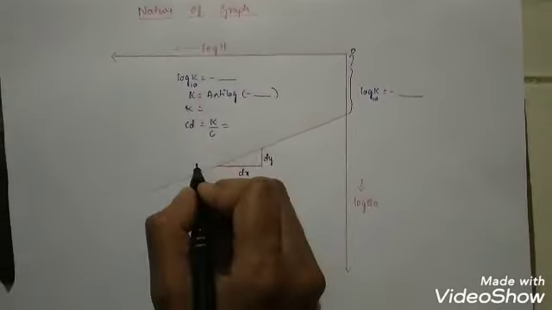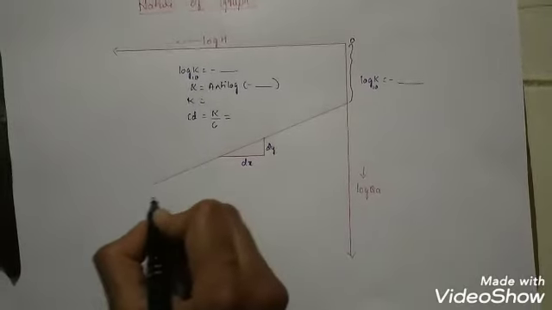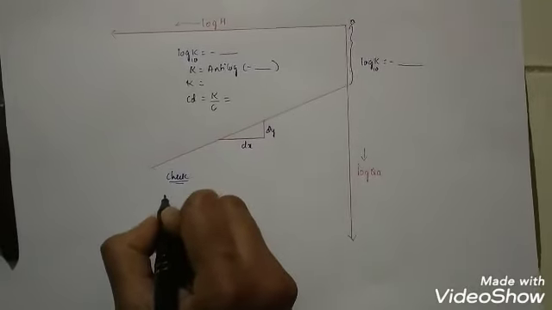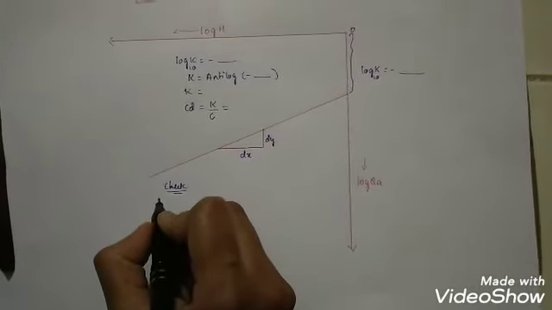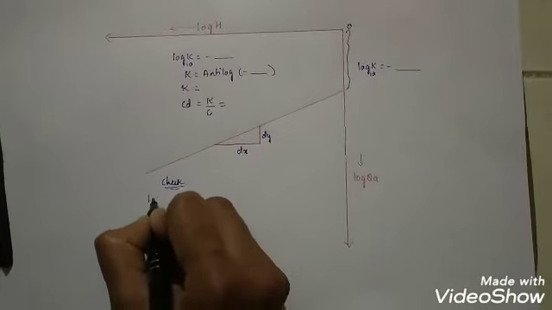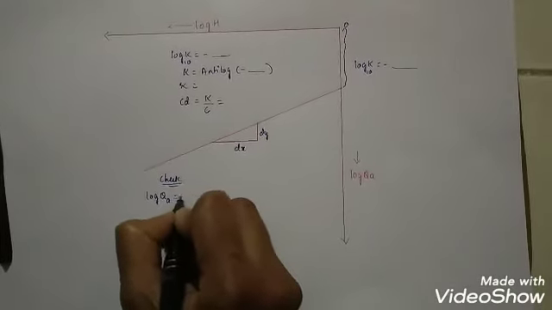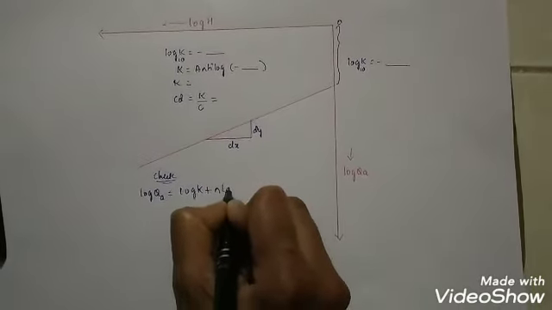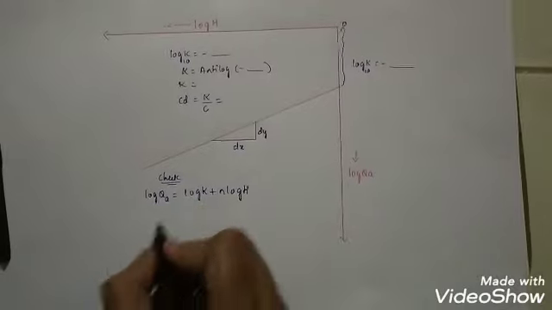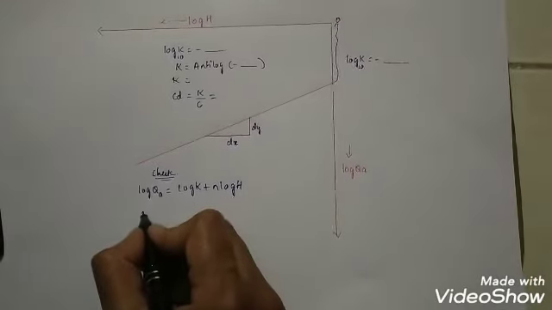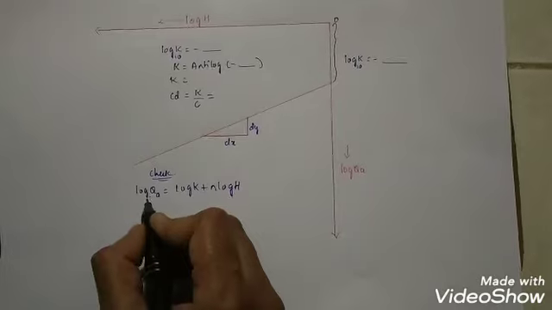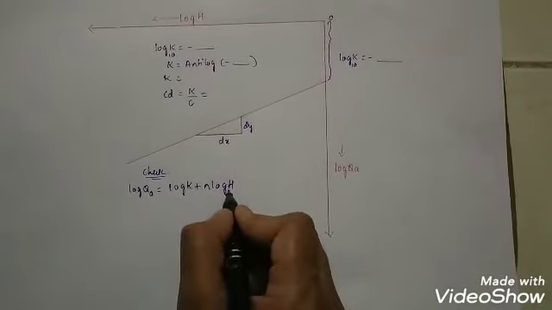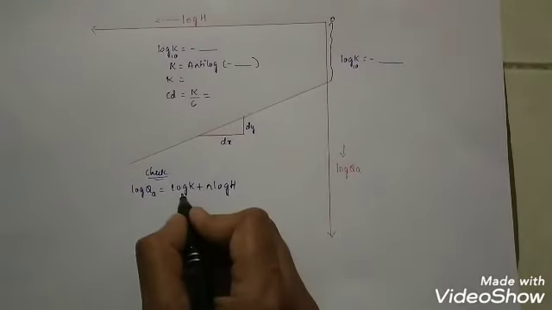Okay, so next I need the check. Okay, so here I will write that check for this Ogilvy. So check it is nothing but we are having the equation, that is log Q actual, that is equal to log K plus n log H. Okay, so in this equation we have taken 5 trials in the tabulation, so you can select any one trial value, that is log QA value, and corresponding log H value. Substitute here, log K it is there in the graph.